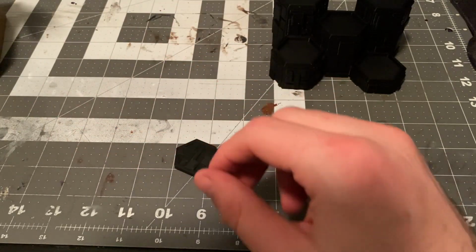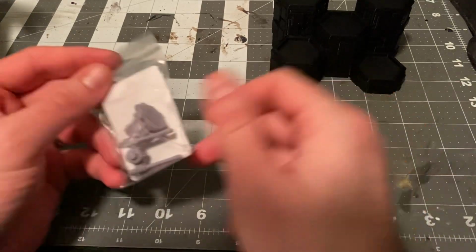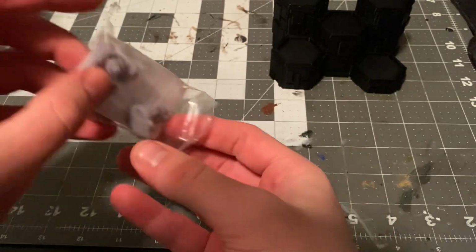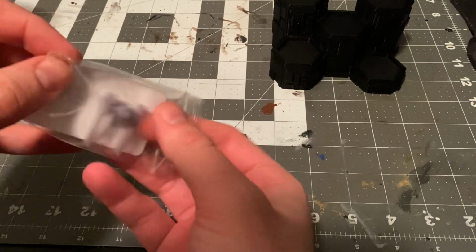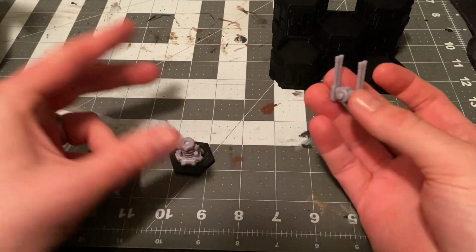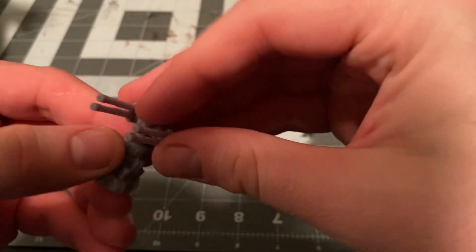That would be my preferred pathway because I don't have a 3D printer. I don't have access to one. He also does these beautiful gun turrets. There's that. These, obviously, as you can see, will fit just nicely on a hex base, and then the